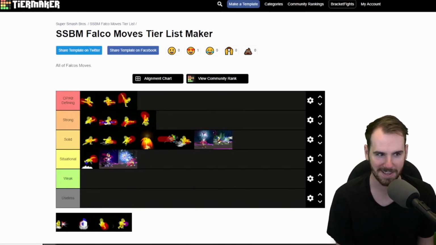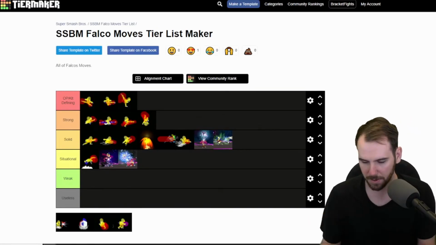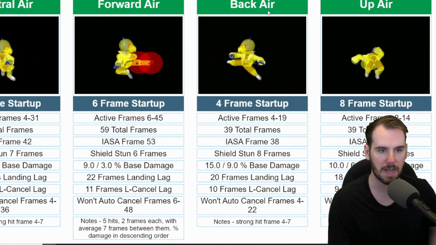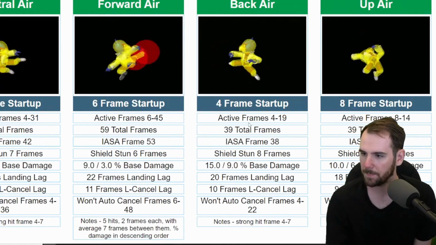It's about shielding stuff. The problem with -2 with auto cancel is that the way it auto cancels is really late. So usually the way you imagine shield things is you hit them super late on shield. Back